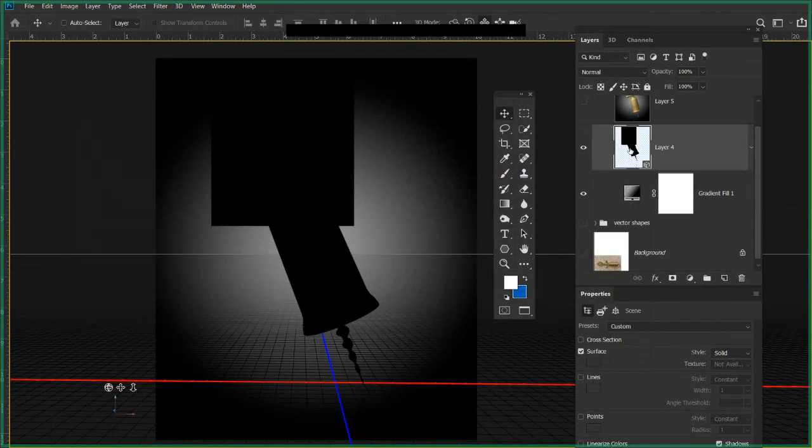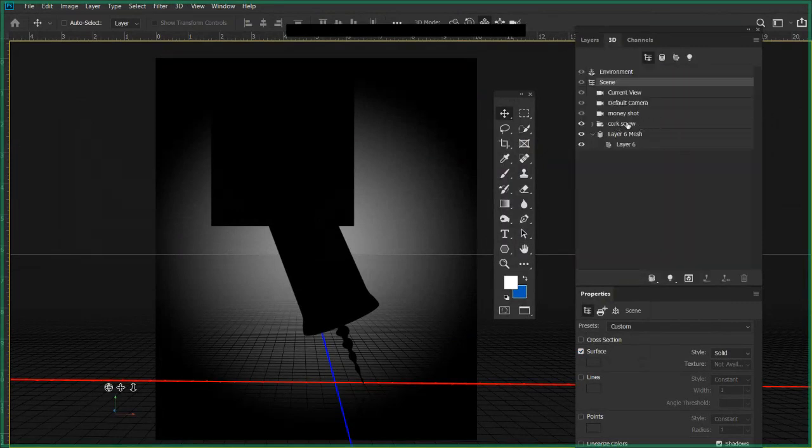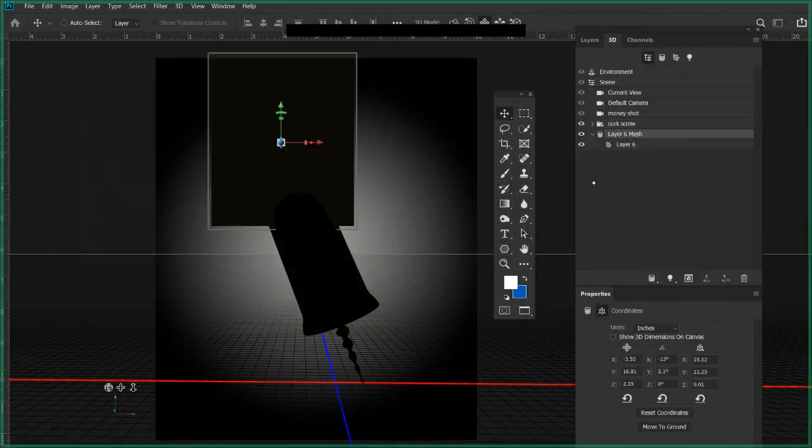Now I have no lights, right? I don't need the layers anymore. I need to go to my 3D panel, and in my 3D panel we've got the corkscrew and we've got the layer 6 mesh. If I double click it, I'm going to call this one softbox. With the softbox targeted,